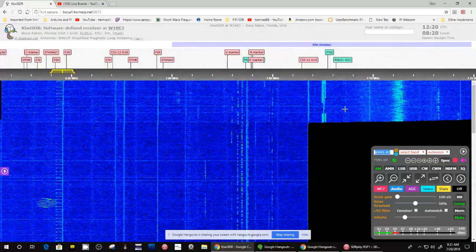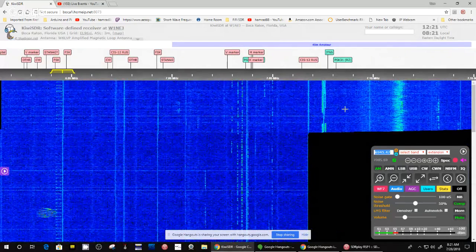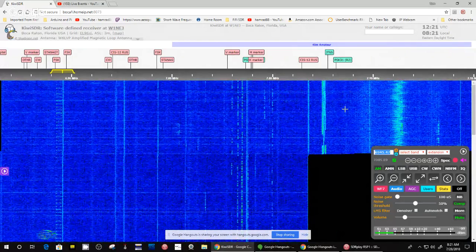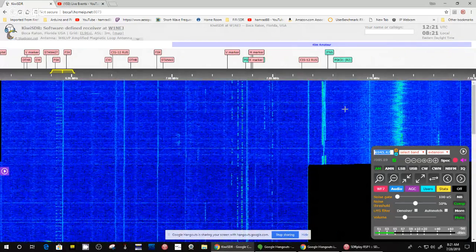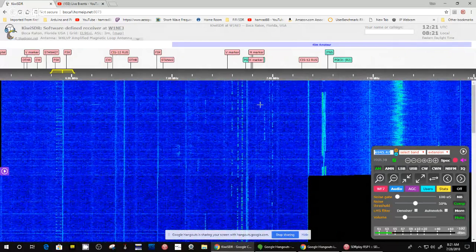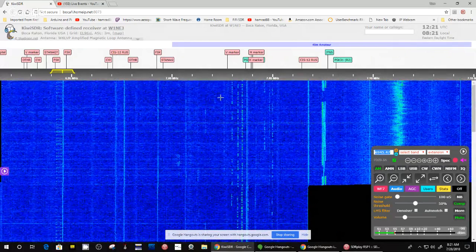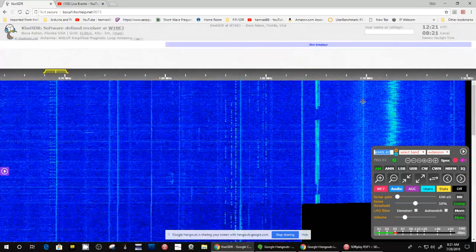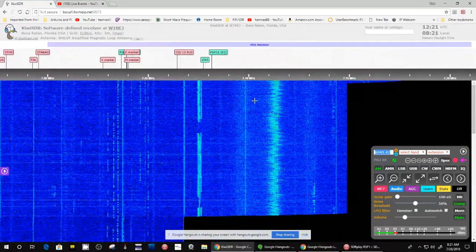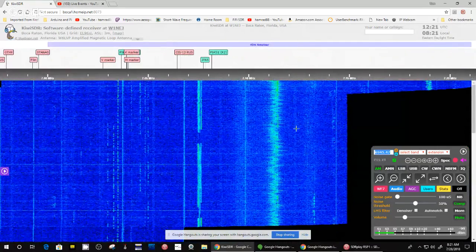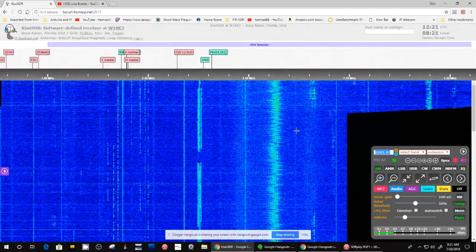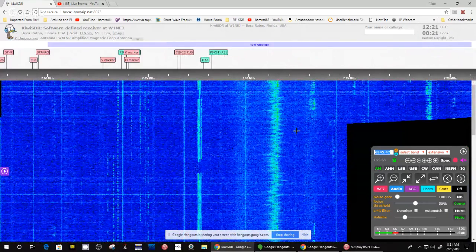Typically, the 40-meter and maybe 20-meter amateur radio bands are pretty active this time of day. And you can see it is. The lower part of the band is data, so this is probably all data down here. The voice is up further. I don't have the bandwidth set too wide on this radio, again trying to keep the CPU usage down.